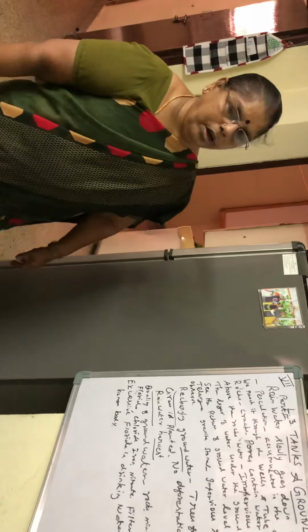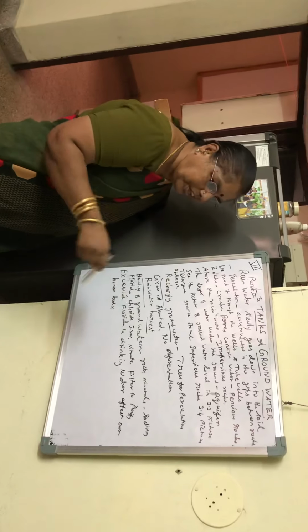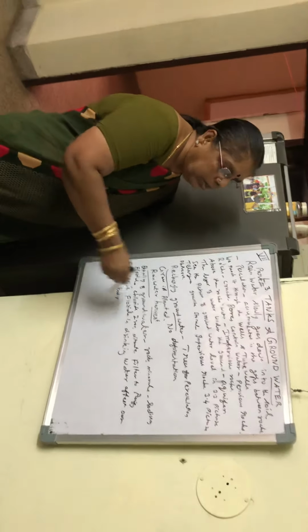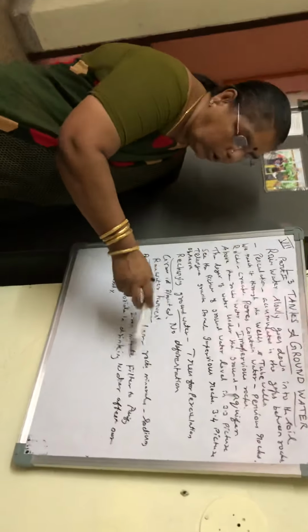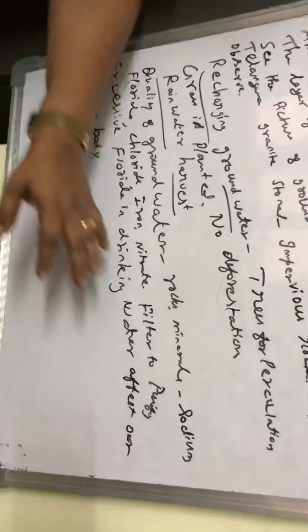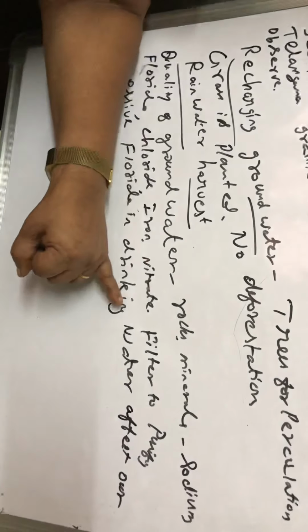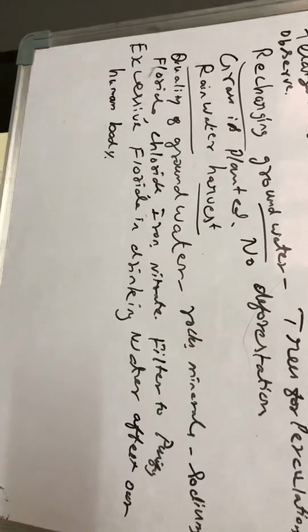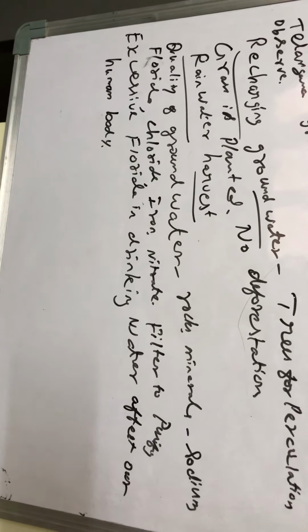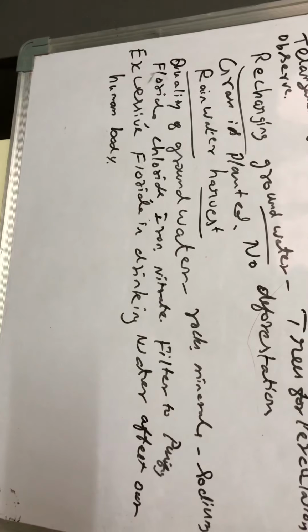Quality of the groundwater. How is the groundwater quality? If we search for a house to live in, we check how the water tastes. Bore water, we taste it. Sometimes in some places the rocks release dissolved minerals like sodium, fluoride, chloride, iron and nitrate. All these minerals are there. Where the water is stored, it gets the same taste. So we have to purify and filter the water.